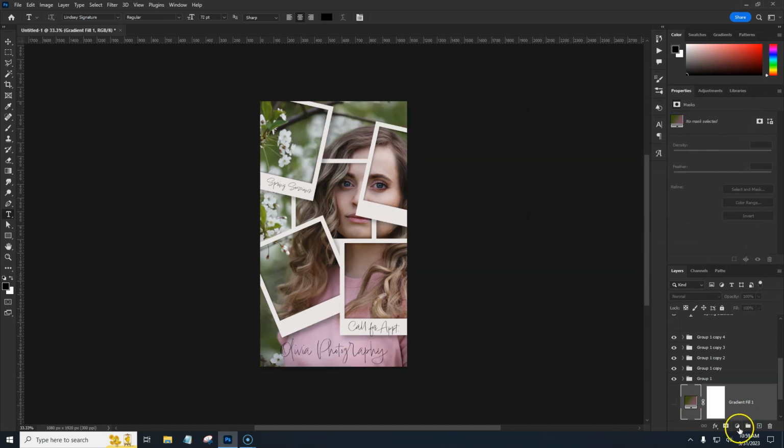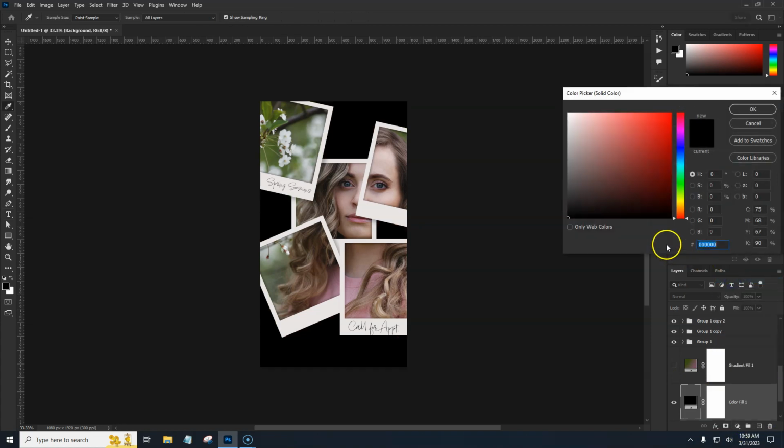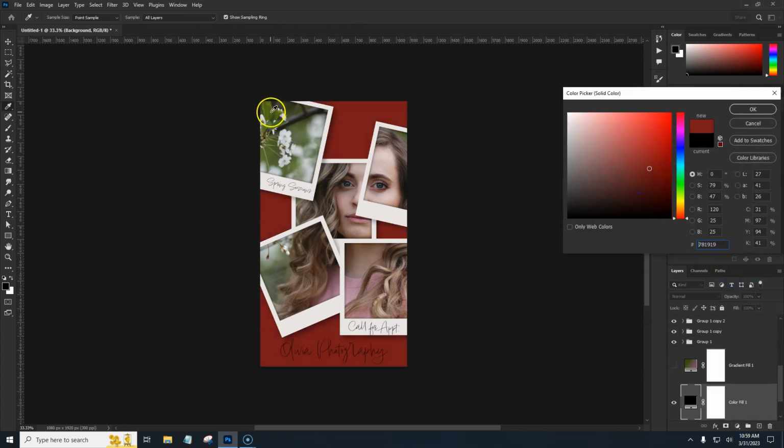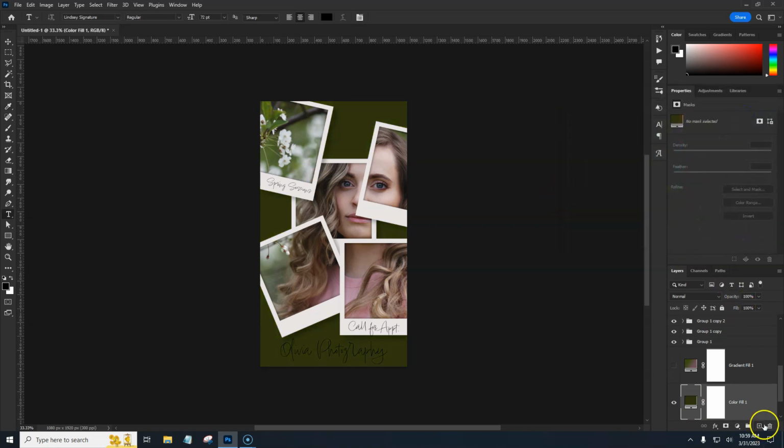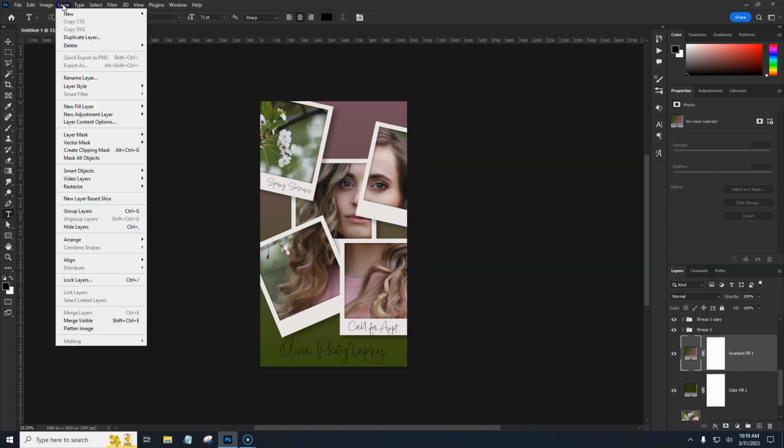If you don't want a gradient, just make sure you're on your background layer so the new layer goes above it. You can do a solid color, change it to this green, whatever you're going to do. So you can add more text in there, and so on and so on and so on. So just basically the gist of it is to import your image, change it to a background layer by going up to layer, new background from layer,